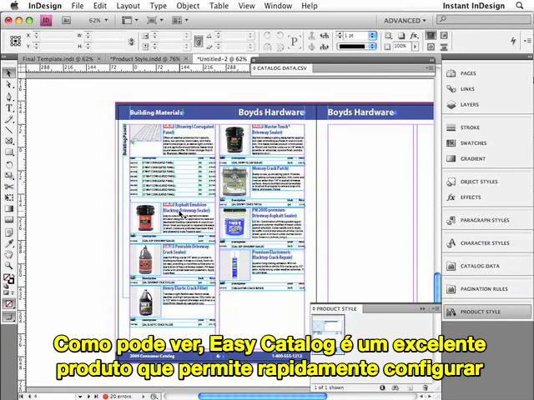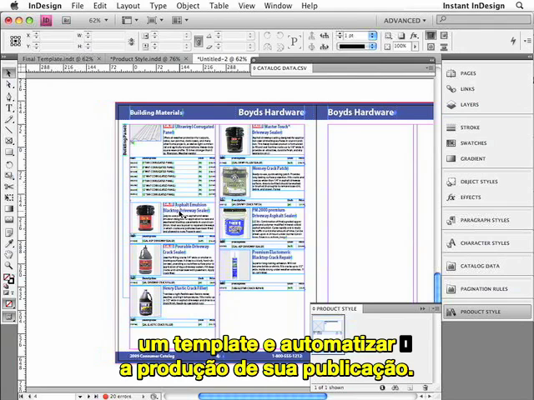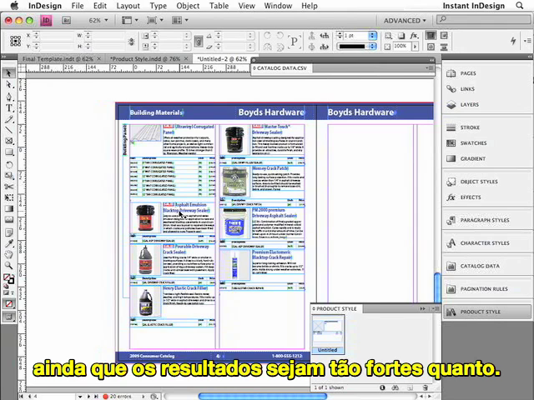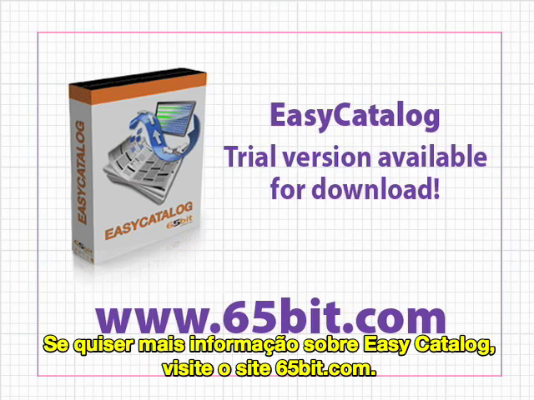As you can see, EasyCatalog is an amazing product. It allows you to quickly set up a template and automate the production of a publication. And the best part is, with EasyCatalog, you don't have to know a programming language, yet the results are just as powerful. Now, there are many other things that EasyCatalog can do, so if you'd like more information about EasyCatalog,